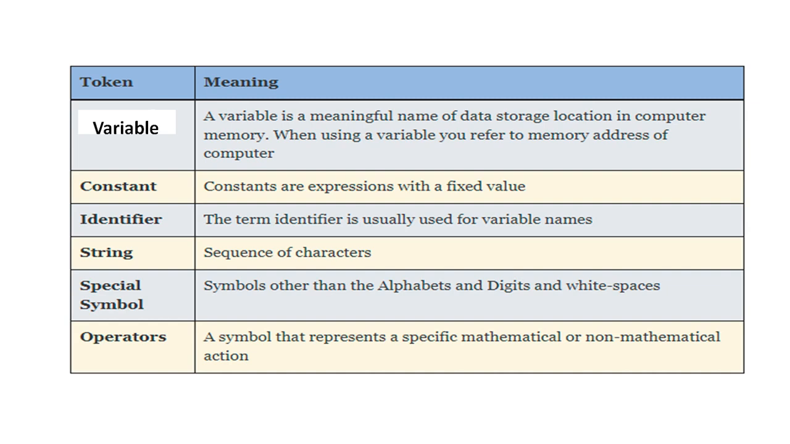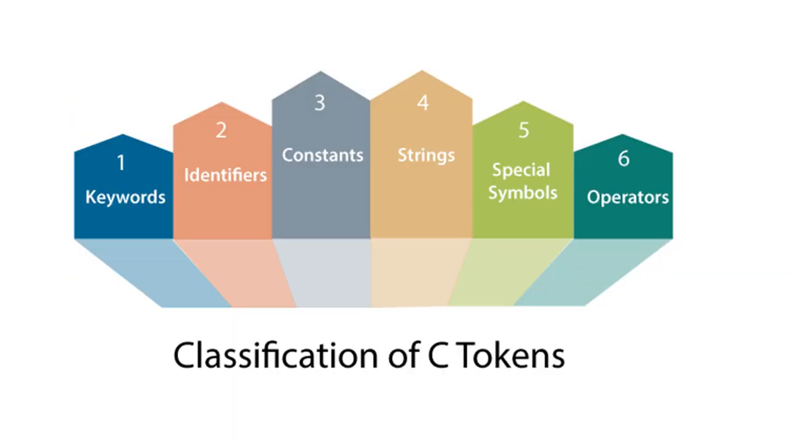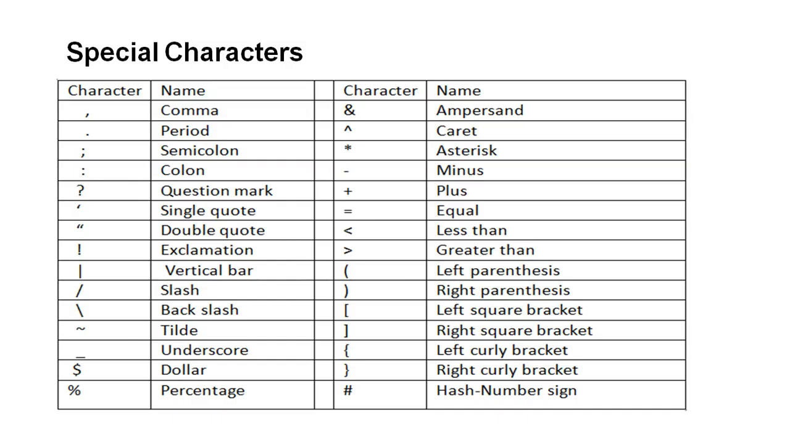And special symbols, we have seen the special symbols. There are so many special symbols or special characters. We can say it as special symbols and special characters. Observe these special characters once again, that is comma, period, semicolon,